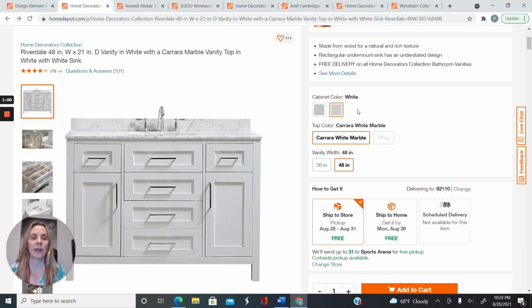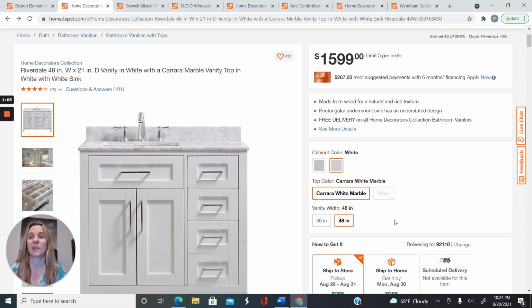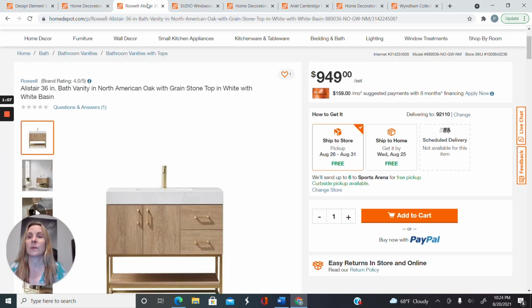So look for that to be on deal, and you can also get it shipped right to your home for free, which is awesome. The other ones I wanted to show you, if you love the natural wood look that's really popular right now,